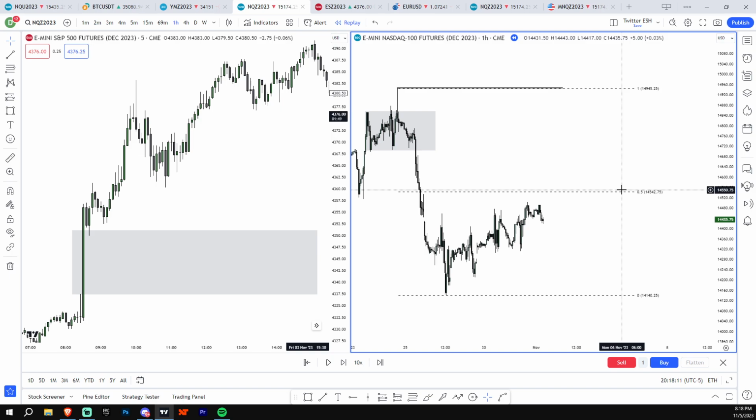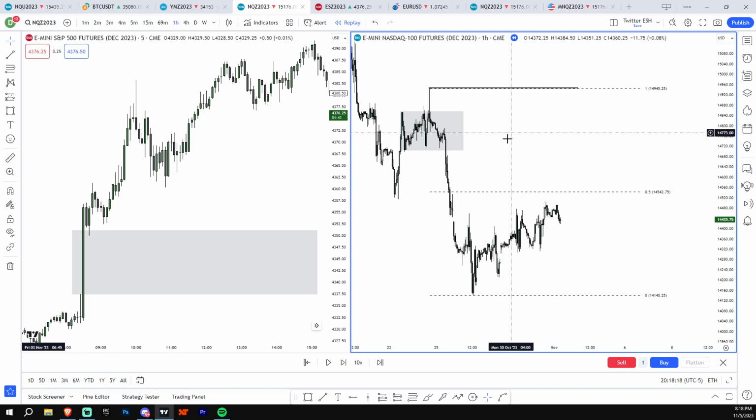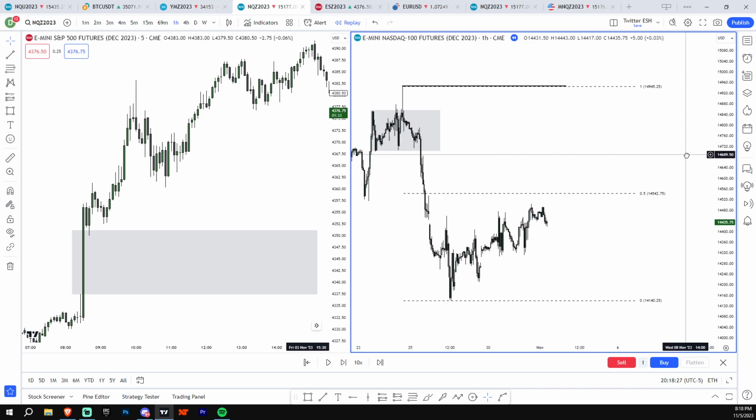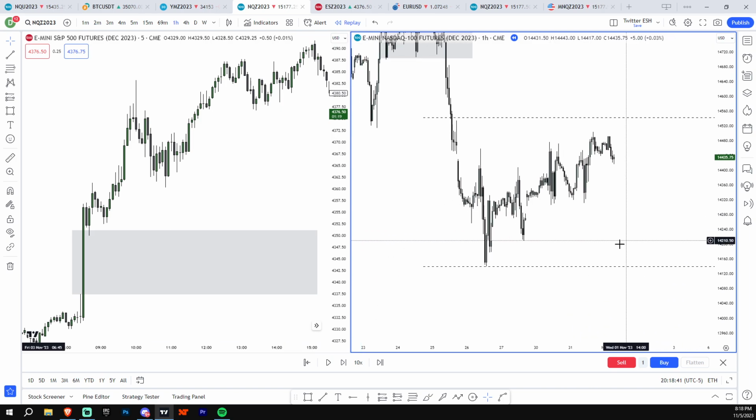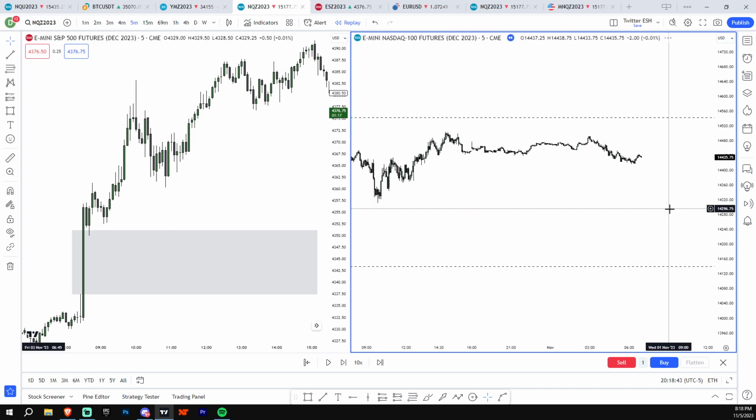If I don't know the bias, I'll sell like 90% here. I'll cover my 90% here, and then just in case, I'll hold one to this high up here. But if you know the market has to move from premium to discount, not even liquidity to liquidity, just from premium to discount, you can literally scalp the moves without targeting liquidity. Not 100% of the time, but I would say 90% of the time, the market will want to retrace to that discount or premium zone. Even if we look at the lower time frame here,